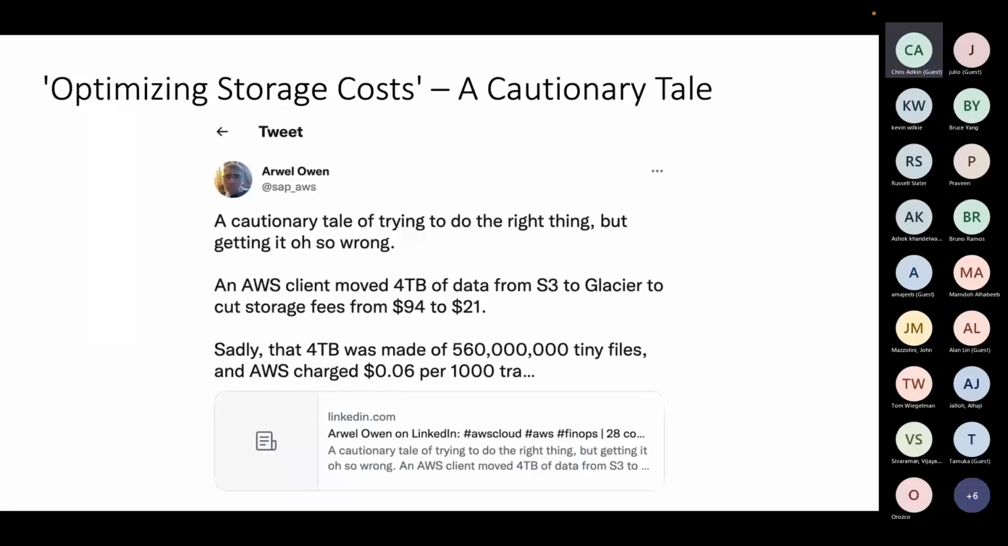Also, I mentioned that there's different storage tiers. There's this thing called AWS Glacier. This is a cautionary tale that I plucked off Twitter. The way that AWS bills is that they charge a transfer fee per every 1,000 transfers of objects to Glacier, and at 6 cents per 1,000 transfers, it might not sound like a lot, but if you're dealing with